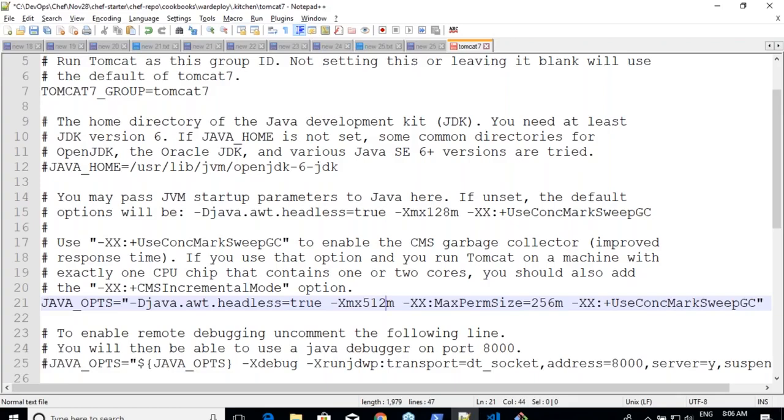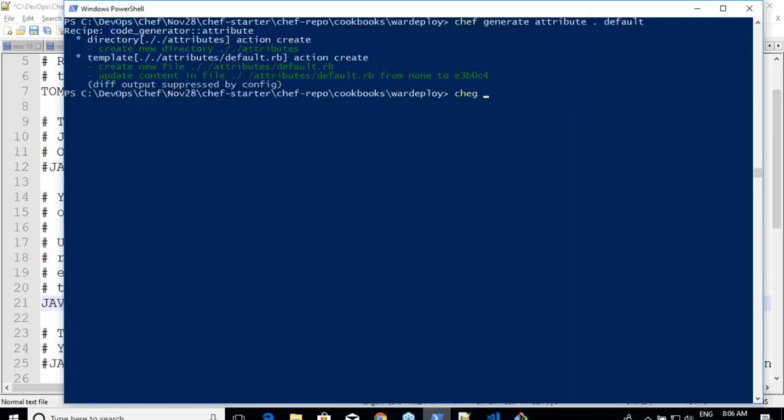So what is it I need to do? I need to copy this file from the Chef cookbook to the node. So in that case, what I'll do is chef generate file. Any file which you want to copy from your cookbook to the node is called a cookbook file. I'm creating a file in the current cookbook, and the name of the file is whatever the file name which we have, tomcat7.